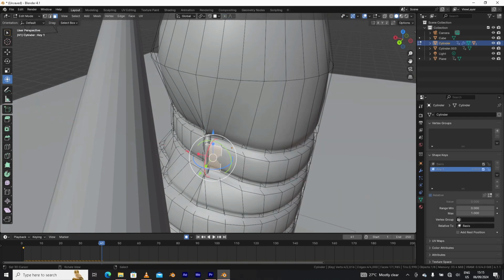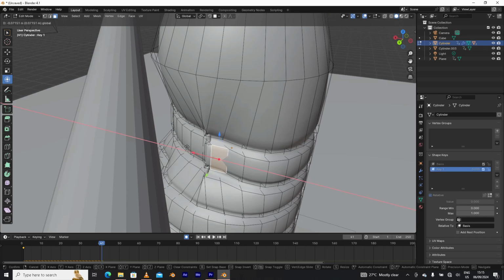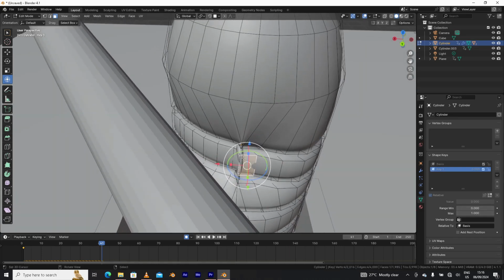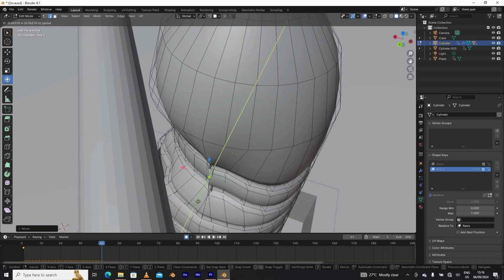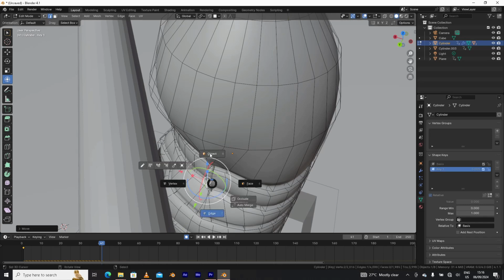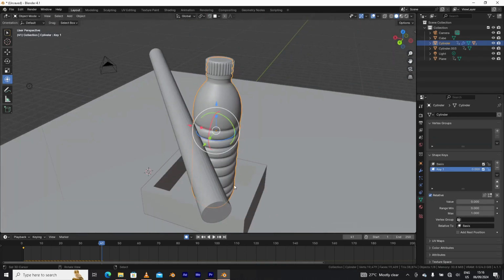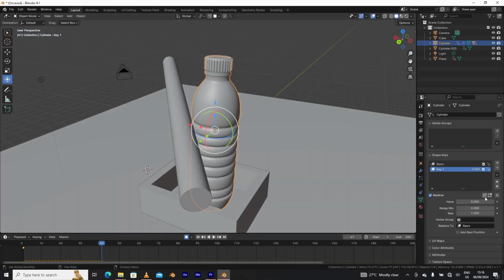Remove proportional edit and see what happens. It's damage. I've said "damage" so many times that it's funny now. So just let it be like that, guys. It's damaged that way. So you're going to key this. Okay, now